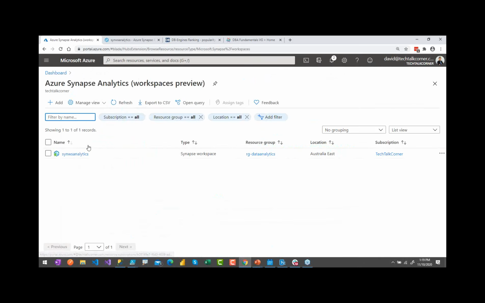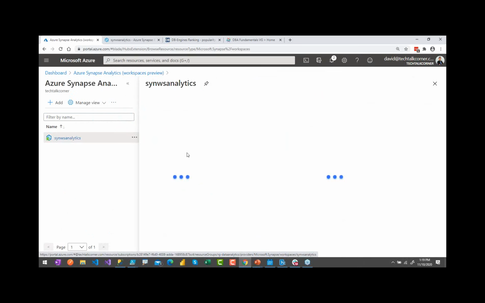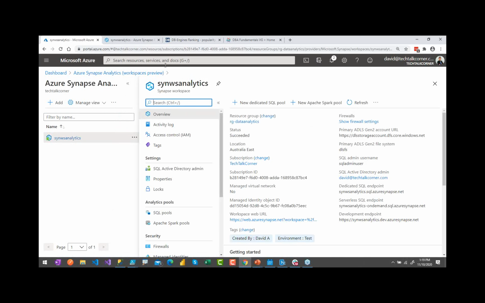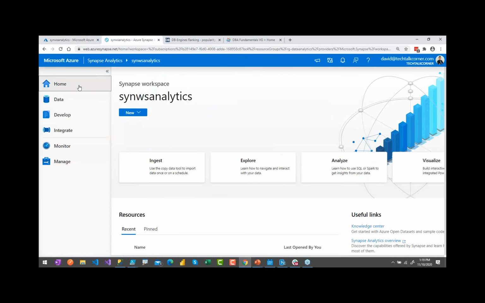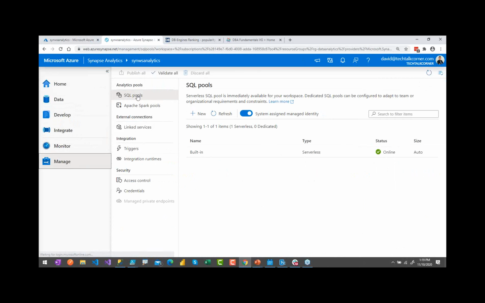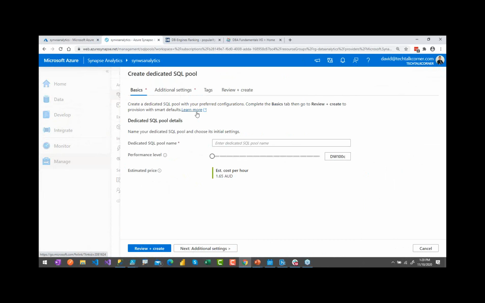If I go for the workspace experience, this comes with its own web portal that we have here. So this is going to take you to a whole new world. You'll be able to do Power BI, Data Factory, notebooks, big data or data warehousing development within this workspace experience. For today's session, where we're talking about relational databases, we're going to jump directly into the manage option first, because within the SQL pools is where you'll be able to create